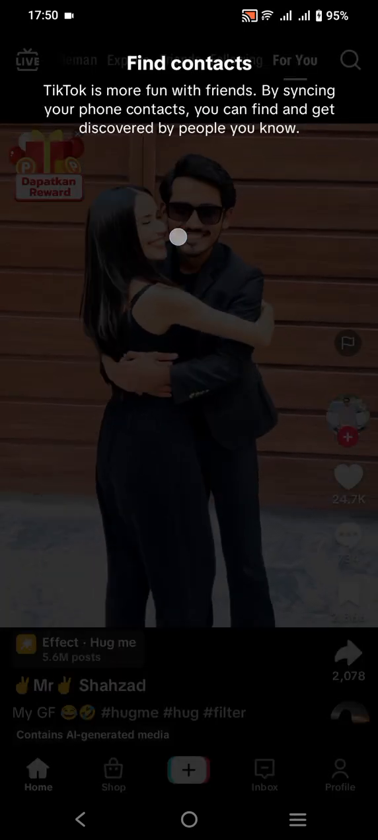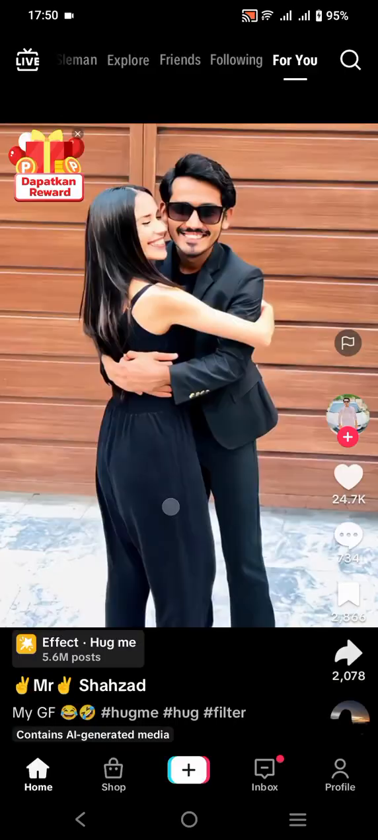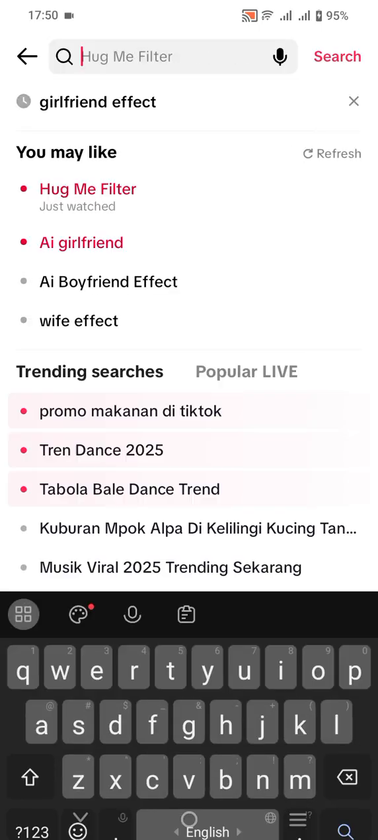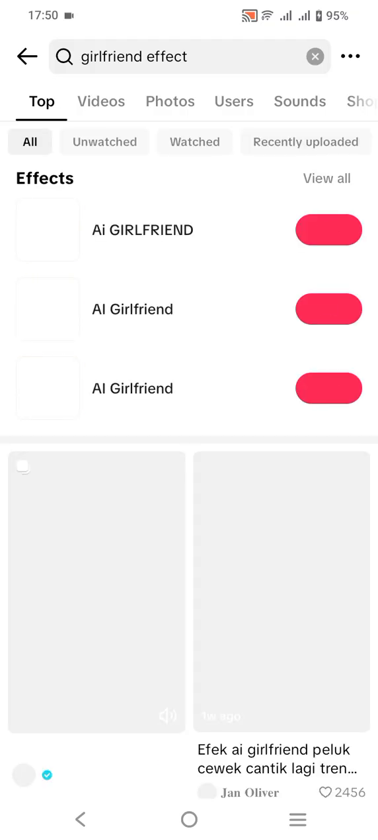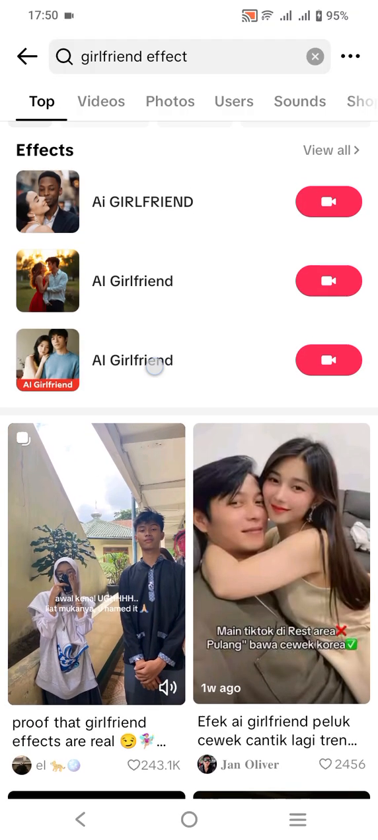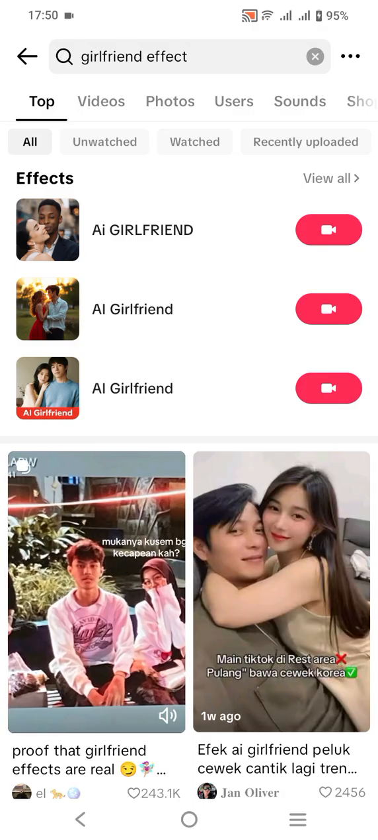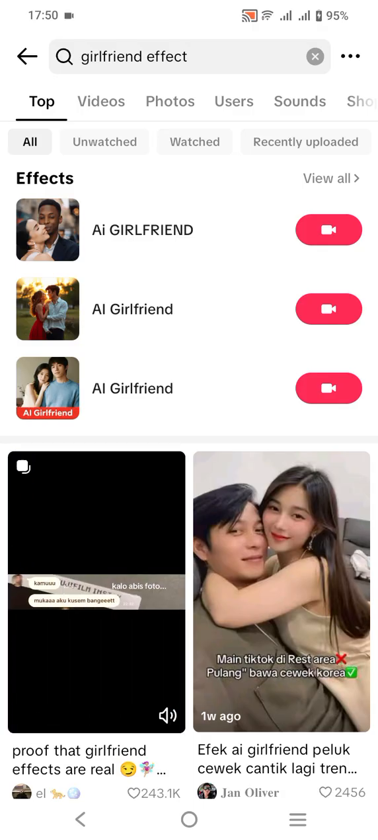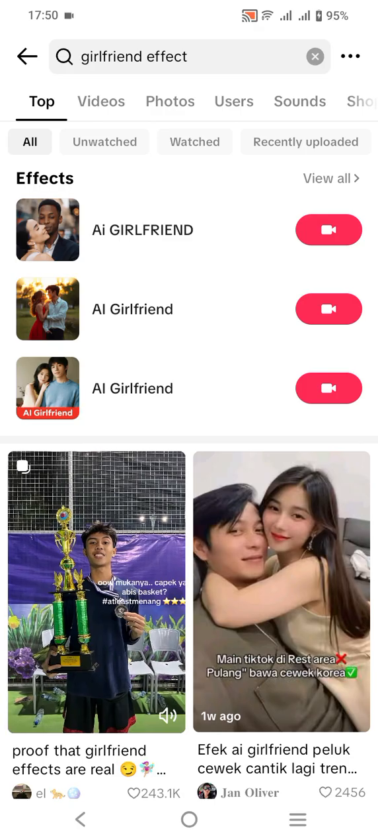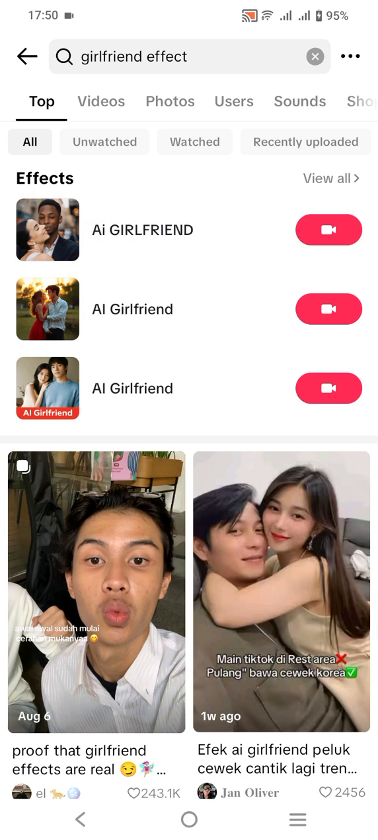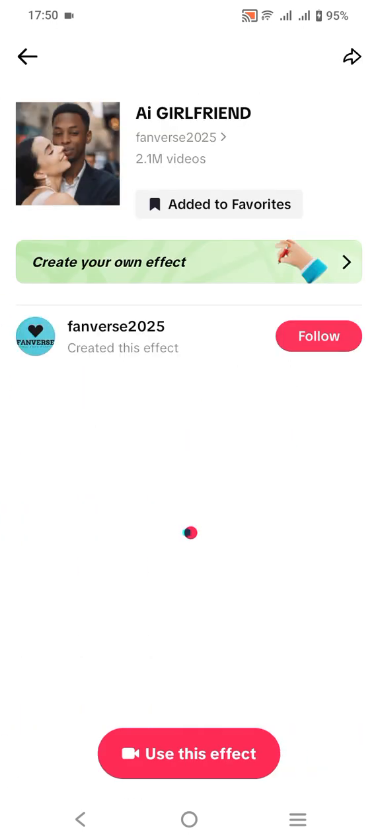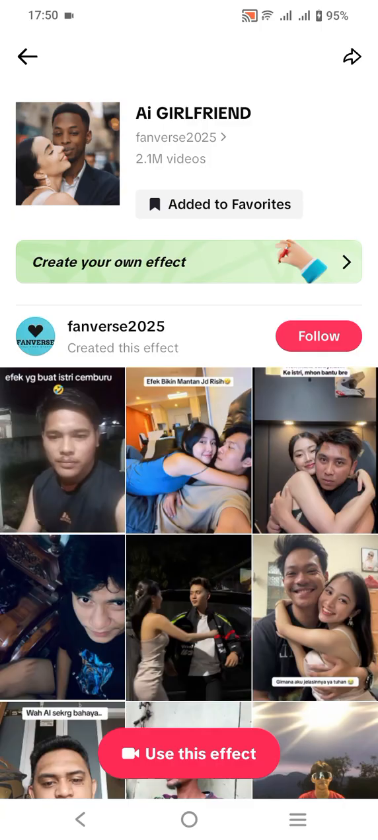And I will go to the searching section here, and after that I will type the keyword girlfriend effect. Click it, and basically you can choose one of these effects, or you can also access this effect or template from the creation of another user. For example, I will choose it from here. Click AI girlfriend, and after that I will click use this effect,